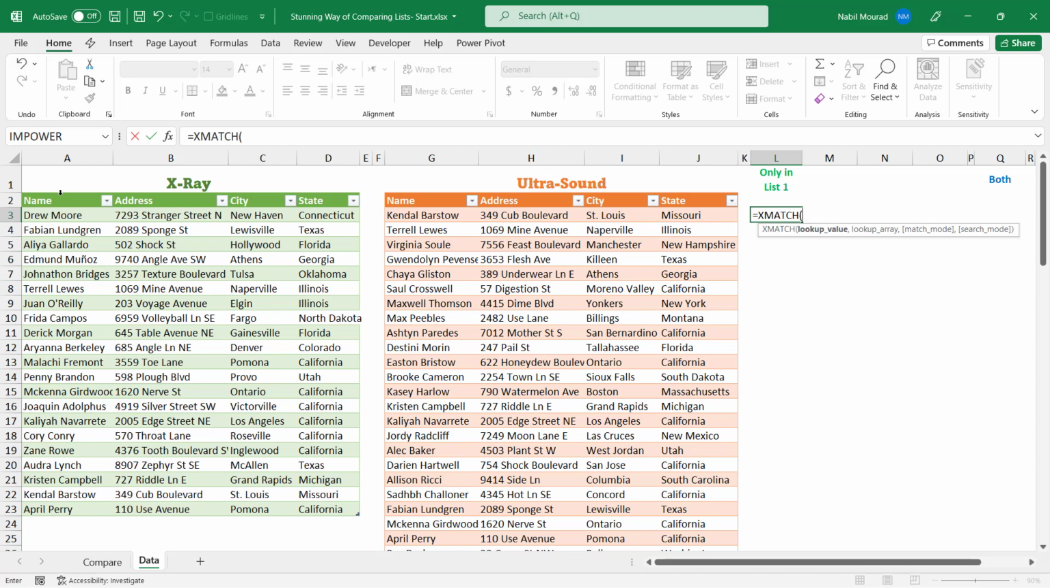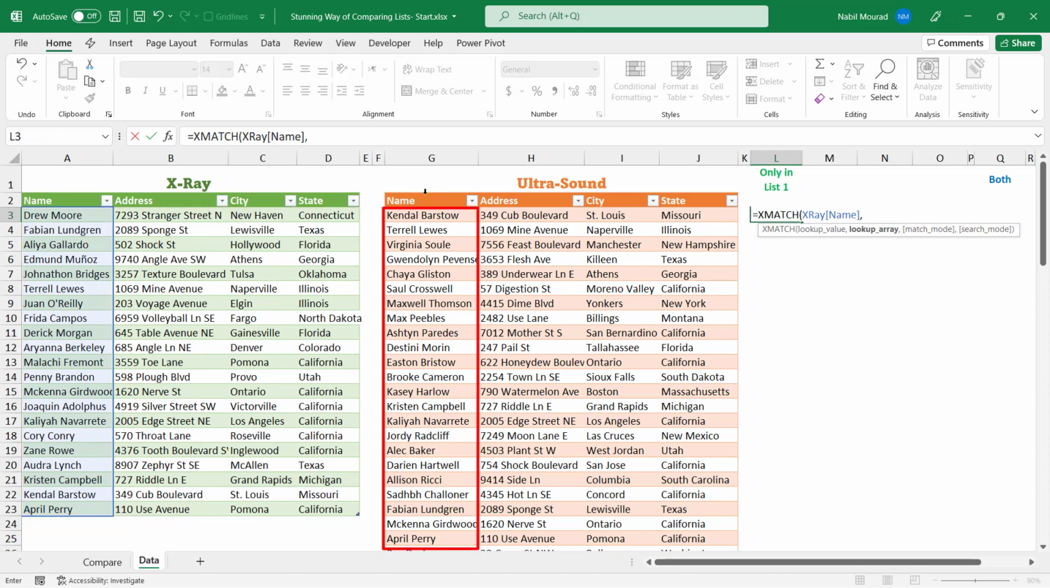I want to look at the names in the X-ray table. I hover over the name column. Where I see the black down pointing arrow, I click to select this entire range, and I want to compare it. I want to match it to the name column in the ultrasound table. I hover over the name column, and then I click to select the entire column, and that's all what I